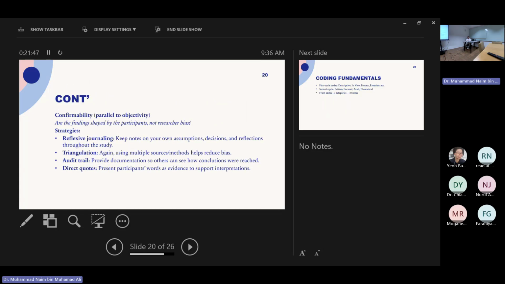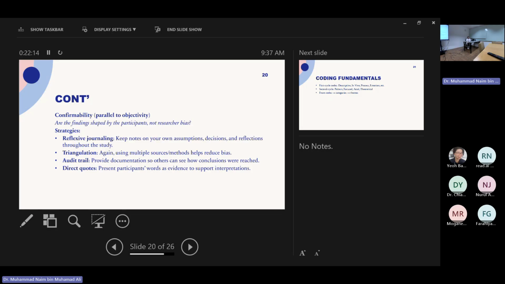And then confirmability, parallel to objectivity. Does it answer your research question or research objective? You have to do reflexive journaling to keep notes on your own assumptions, decisions, and reflections throughout the study. And then you use triangulation, using multiple sources and methods to help reduce bias.